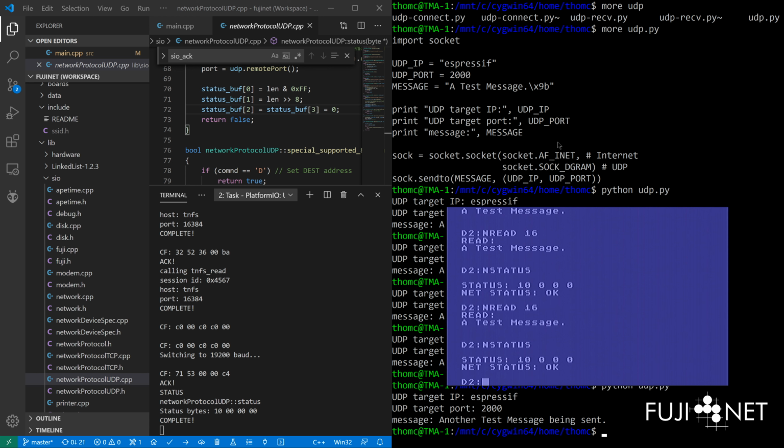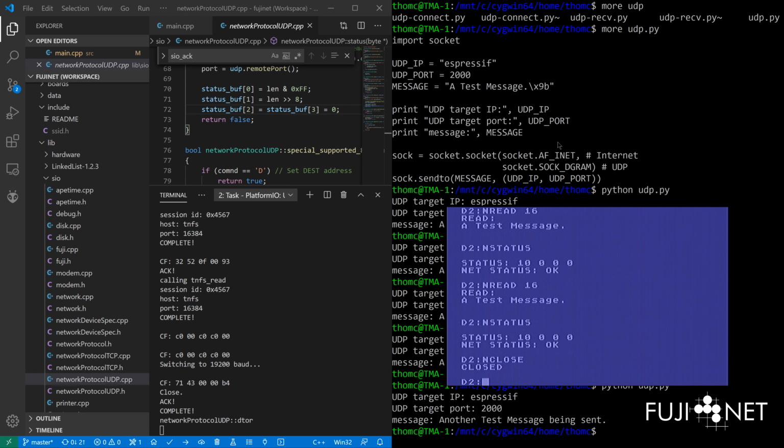we're using the same bits and pieces for reading and writing in order to abstract everything nice and neat on the Atari. And like I said, this is in development, so I am squashing bugs. We'll go ahead and just close that connection. There's no connection to close, but it does tear down the UDP connection so that there's nothing listening there. But if I go ahead and open it again,